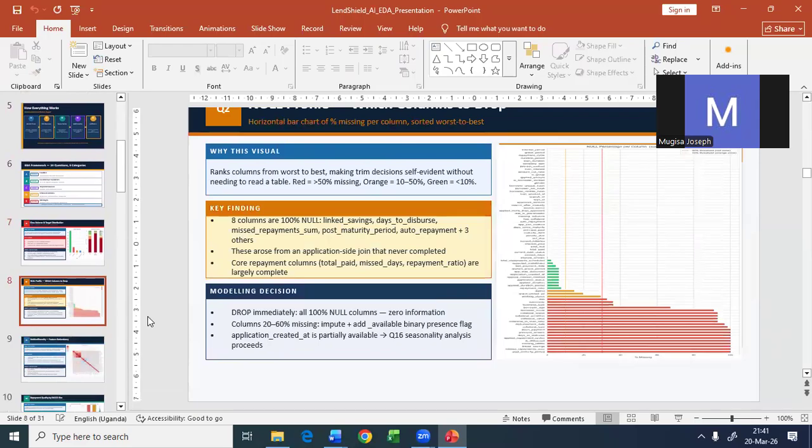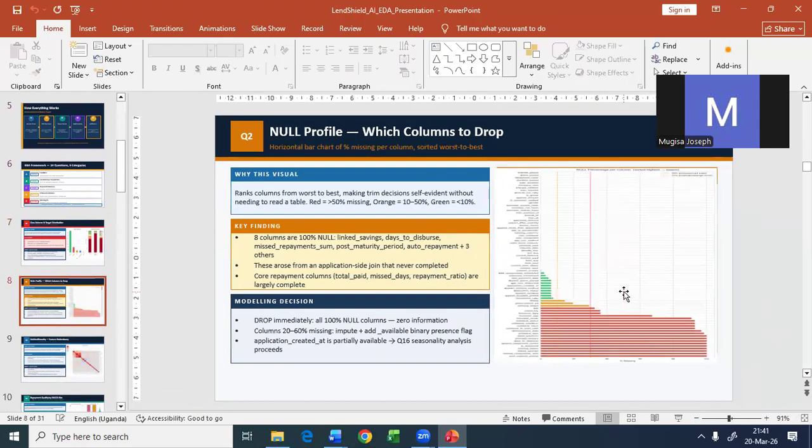So we progress. This is where we looked at data quality, the null columns. And in our visualization, we didn't just visualize, but when we visualized, we got key findings, and then those key findings directed us to modeling decisions, like columns which are completely null. And these were effects of some of them, the data extraction process, the pipeline we built to mine the data. Some of them failed, so we had fully null columns which were not helping us, and we had to drop them.